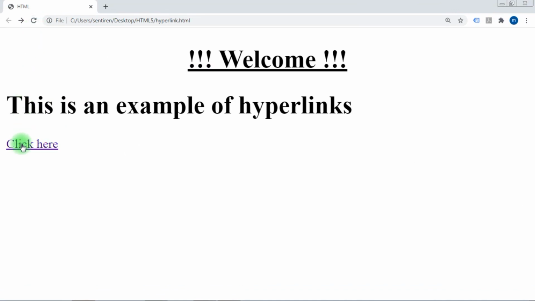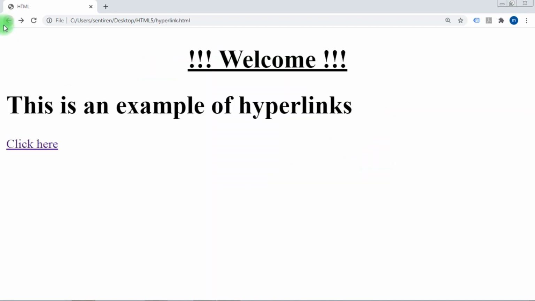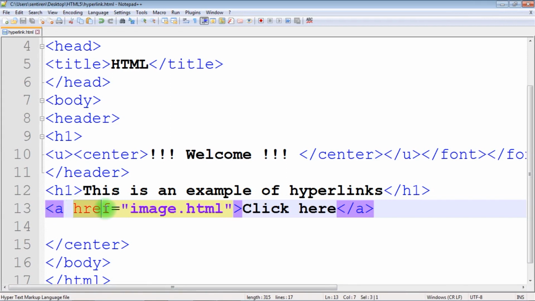So when the user clicks it, it will open that image page. So that's how basically this hyperlink works. This is an anchor tag with href, hypertext reference, and it has a value. This value should be the resource you want the user to view when the user clicks this